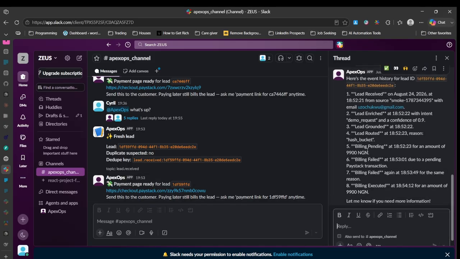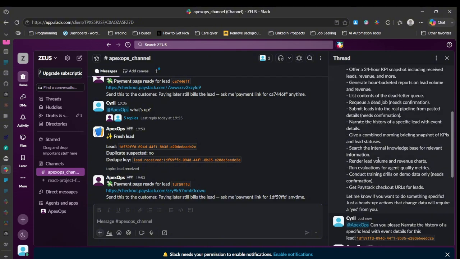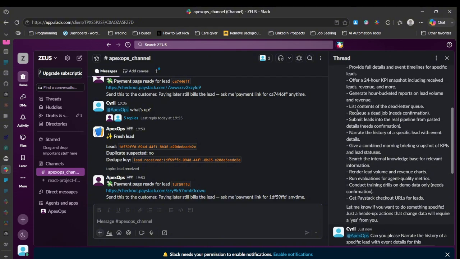So it's going to query. Yeah, as you can see, it's going to give you all the event history. And also you can say, please can you